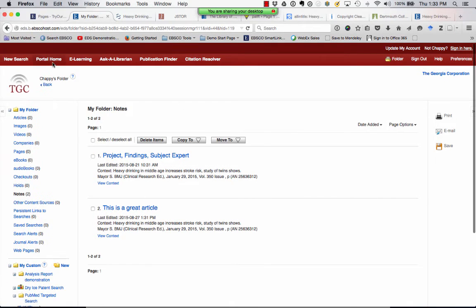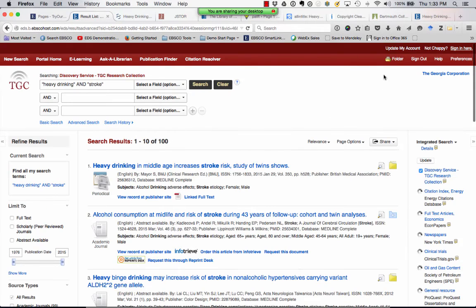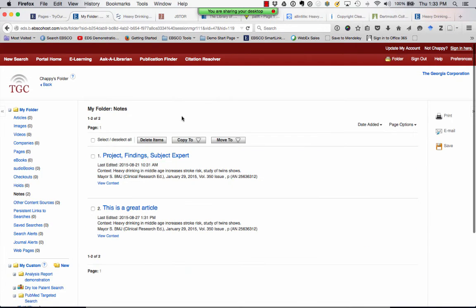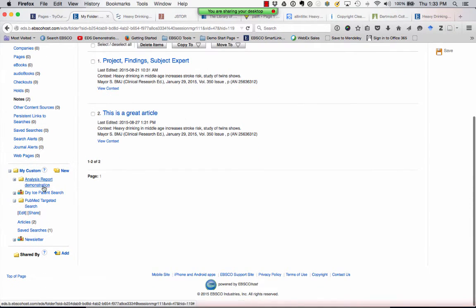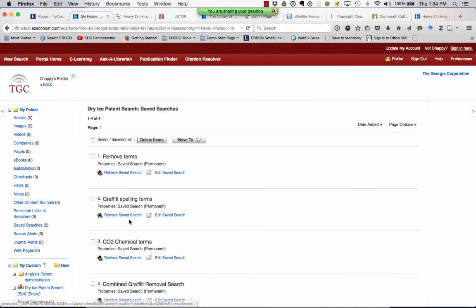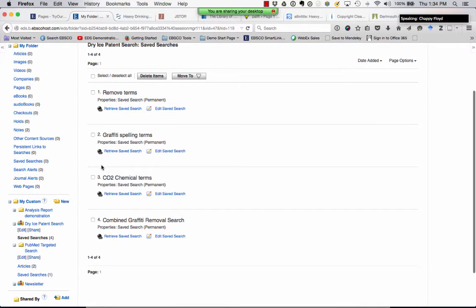So using that same search interface I did earlier, this time I'm going to do something a little bit different. I'm going to use under my folder what's called a save search. This can be really helpful in saving time as well as giving you the ability to reuse information over and over again. So you'll see here I've got this search called Dry Ice Patent Search. And if I go here to my Save Search link, I've already saved certain items for conducting this type of